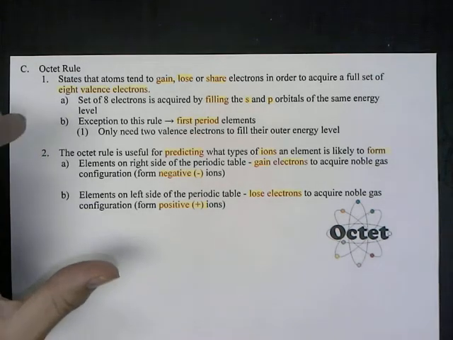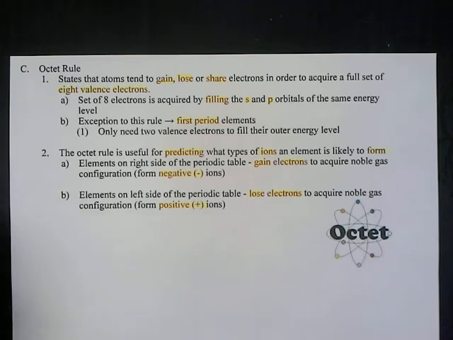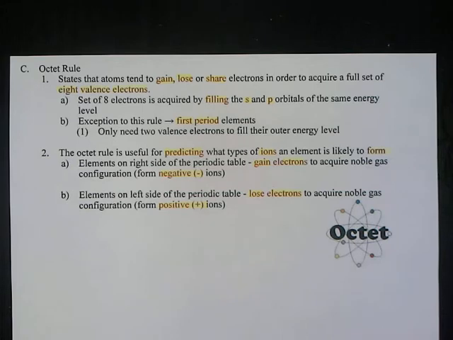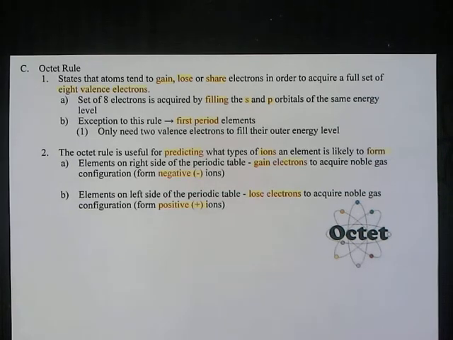Again, really this is the concept for chapter 8 and 9 when we talk about chemical bonding, but we want 8 valence electrons because they want to fill those s and p orbitals. So this right here helps explain why some atoms have high ionization energy and why some atoms have low ionization energy. Okay? What we can do now with that in mind, we can explain another trend which is known as